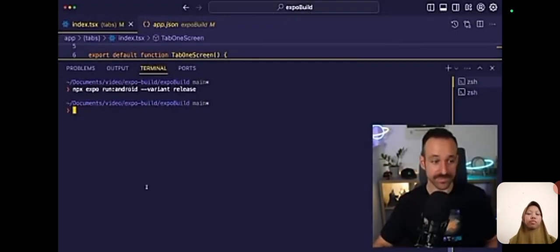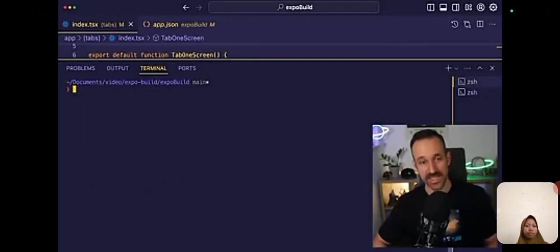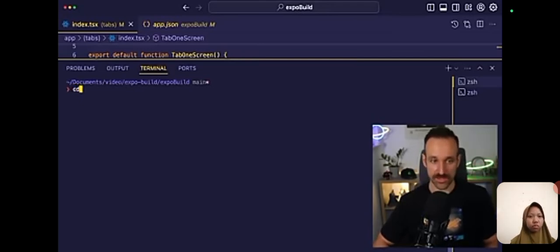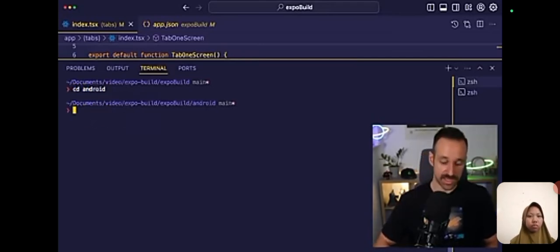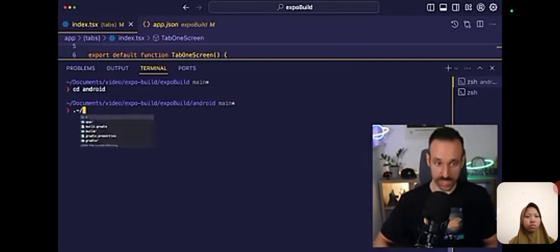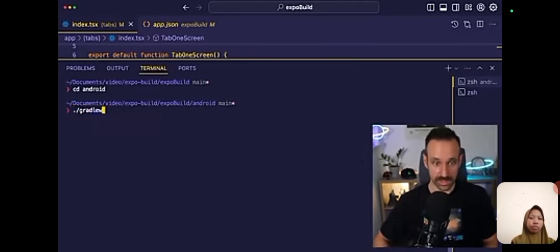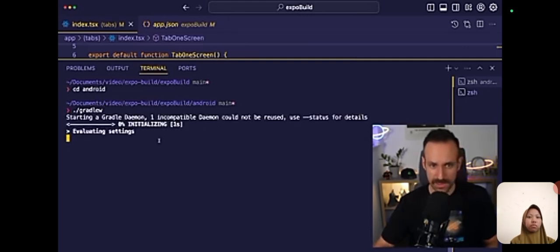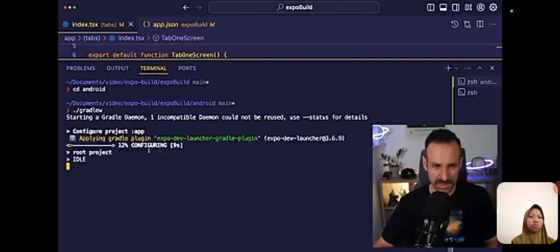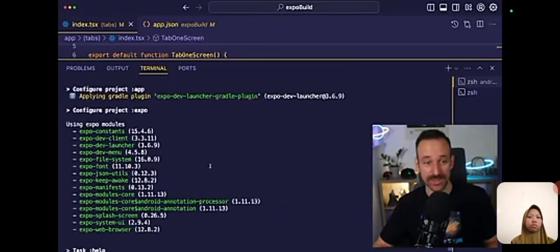Finally, I just want to mention that if you like to do this stuff, you could also do something like cd android and then do Gradle, let's see, Gradle and then assemble release. I think there's like a command to also get like everything. If I just do Gradle, does it show me like all the possible commands? I don't know if I wanted to do this. I just wanted to get a list of what's possible. I think this was not a good idea. Yeah, well, I just wanted to mention that you could also straight from the command line build your application. So if you use Gradle,